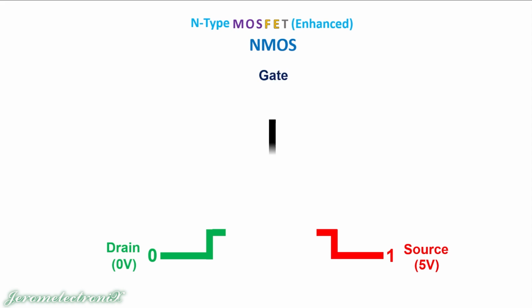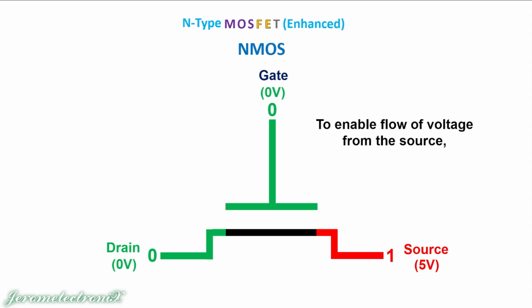Also in this schematic is the gate, and we represent the gate in an NMOS like this. And its normal position is 0 volts, and that means that 0 volts of pressure is fed into that, and that of course blocks the flow when it's 0 volts between the source and the drain, and the flow is the flow of voltage. How does that work? Well, to enable the flow of voltage from the source, we're going to set the voltage at the gate to 5 volts, which is a binary 1, and that will